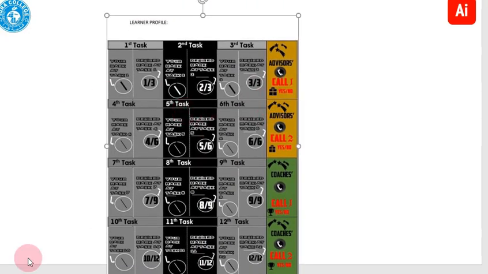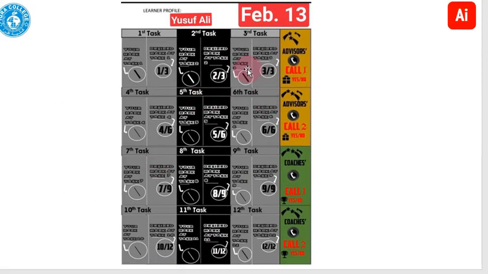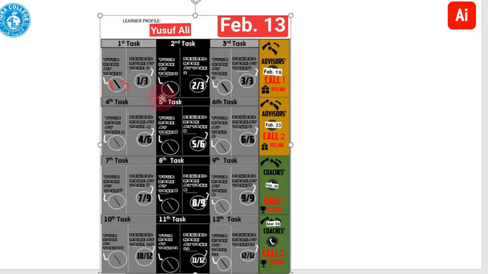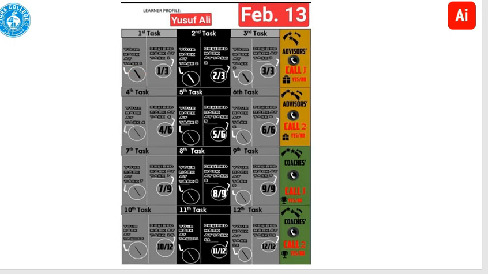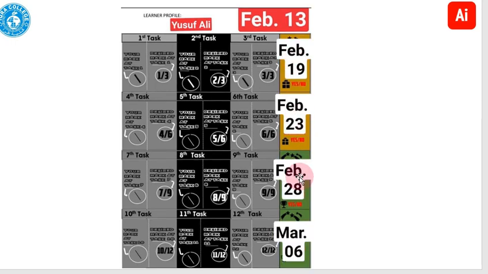Here's the learner profile card. As soon as you start, we'll put your name. So let's take an example of a student or a learner. It's called Yusuf Ali. So let's imagine Yusuf Ali starts February 13, okay? So if Yusuf Ali starts February 13 and he does his first task February 13, as soon as you do your first task, we will write down all of the days you are going to get a call. Our program is very, very strict on time. So it's a time-based system. So for example, if Ali starts February 13, boom, we will make the day for you. You're gonna get calls.